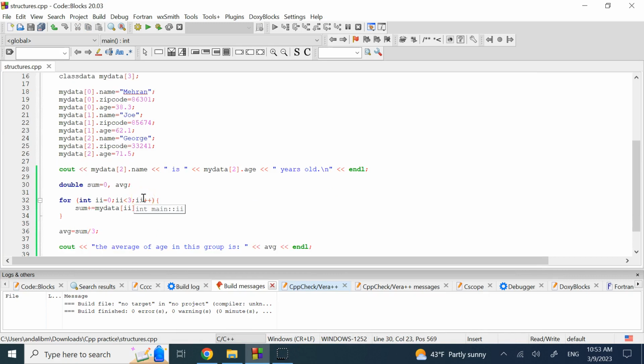Somebody might say, what about you determine the average age of this group? Here you need to access the age info of all people, add them together, and divide by the number. So here I go ahead and create a variable sum and then an average. I start the sum at 0, and then for i from 0 to less than 3, which is 2, I go ahead and access my data i dot age. So I access the age of each one of the people, add it to the sum,